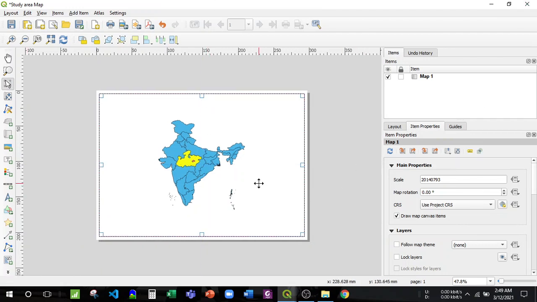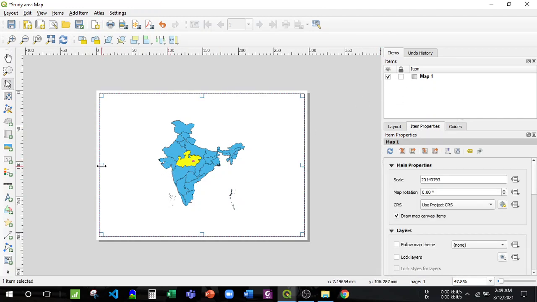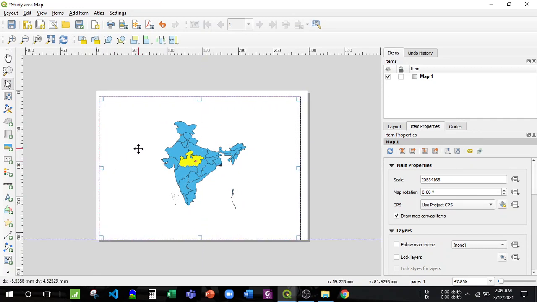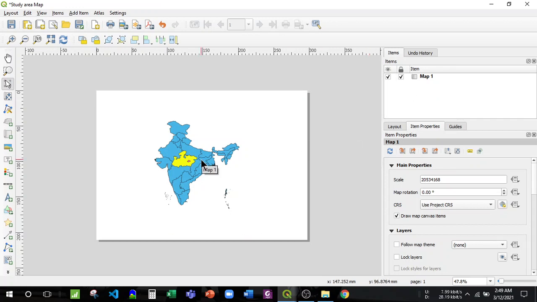So I have to lock this map. Let me make it here. Yeah, then I'll lock this map. Then again I have to show this district area, right?